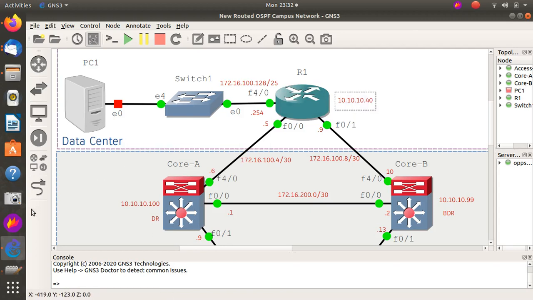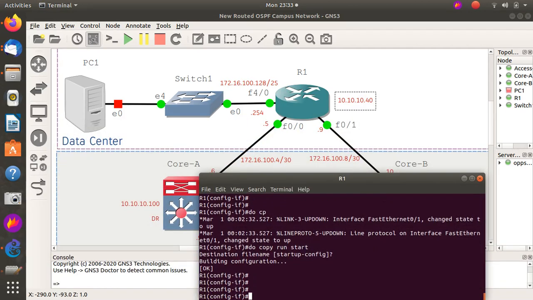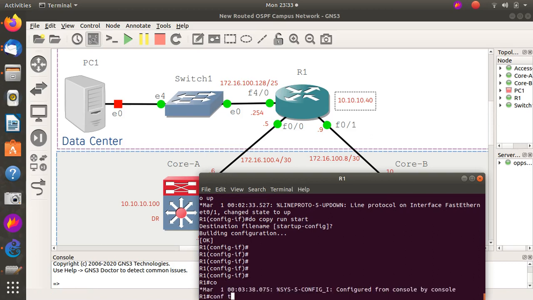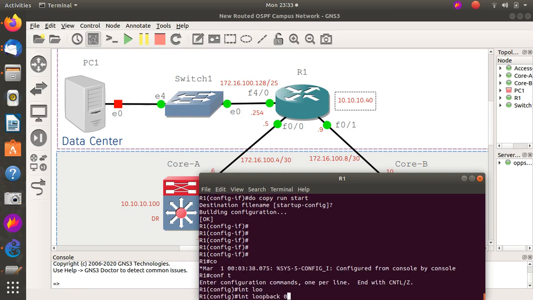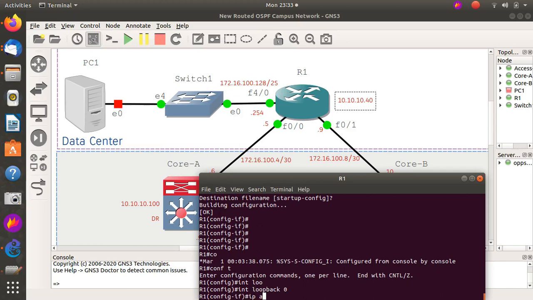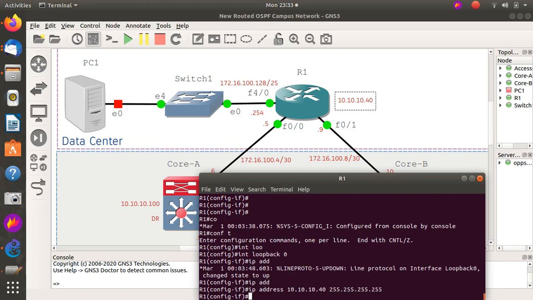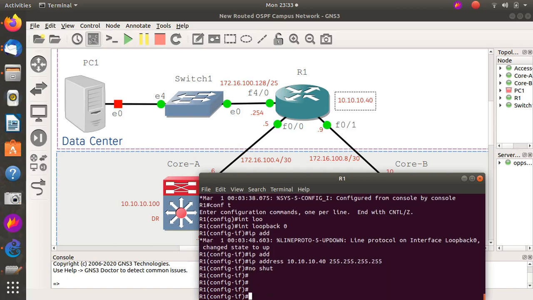So go back into the terminal. So Control C, guys. Exit is better. Interface loopback 0. IP address 10.10.10.40 255.255.255.255. No shut. Then